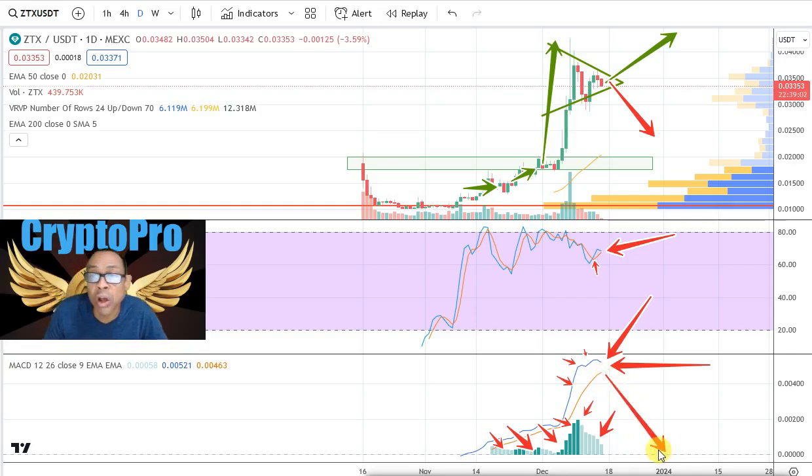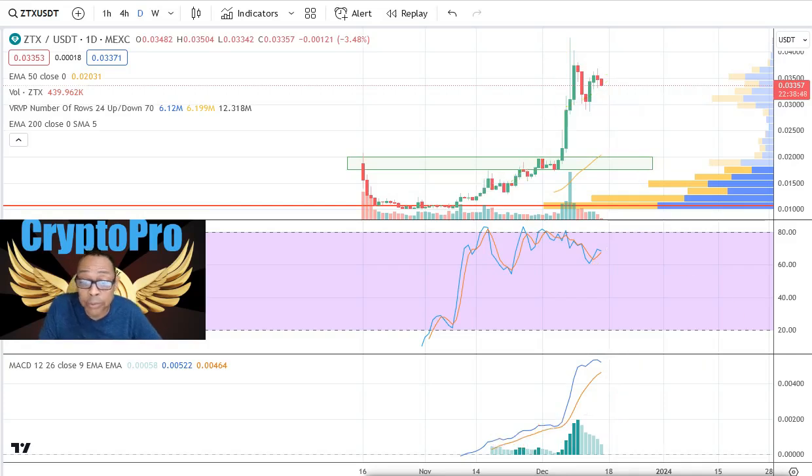If this thing cools off, it might find the point of control price of 3.2 cents, but if we're lucky, it can come back down to the previous support and resistance zone around 2 cents, at which point I'll probably start to accumulate. Let's look at